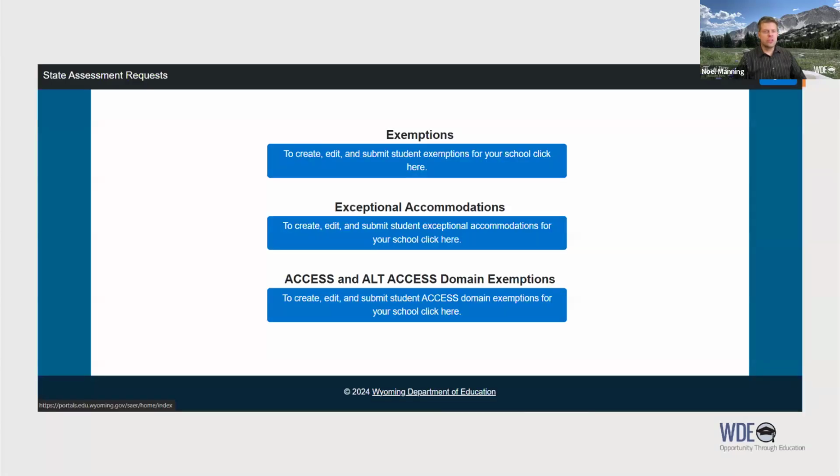This is actually what the SARE system looks like once you've signed in. If you note at the upper right-hand corner, there's a blue sign-in button. Using the SARE system does require a WDE Pro account. Usually, district administrators, principals, etc., will have access to this. If they do not, clicking the sign-in button will give you a new link for a request for access. So that is something you can pursue if you need access but don't quite have it.